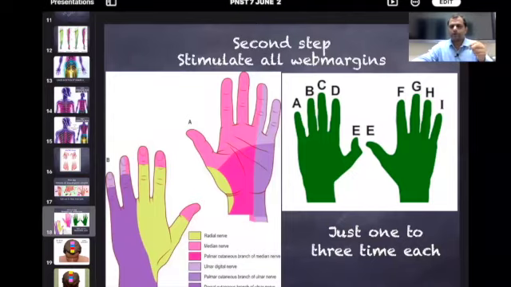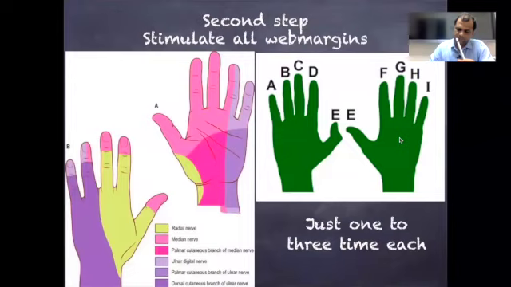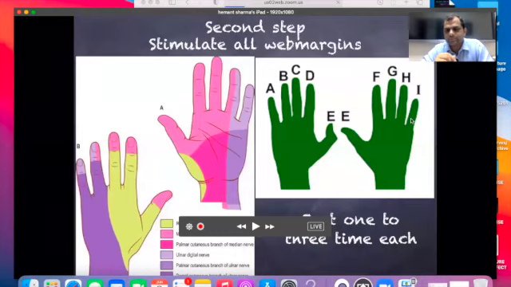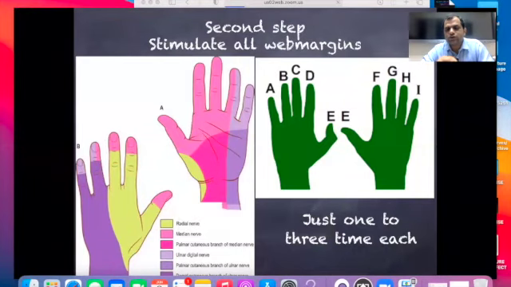So in this way, how many points have we covered? Tell me, how many points? And if you press 1 to 3 times, how much time is it going to take? How many points have we covered? 20 plus 16, 36 points we have estimated, and we have given treatment to the whole body. Still we have lots of points left. Still we have to work.